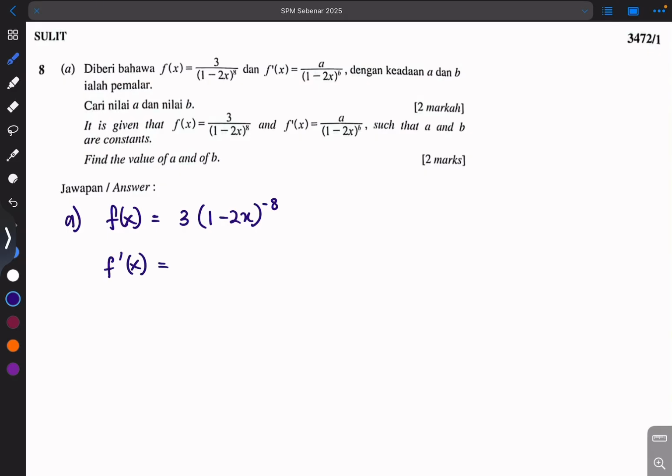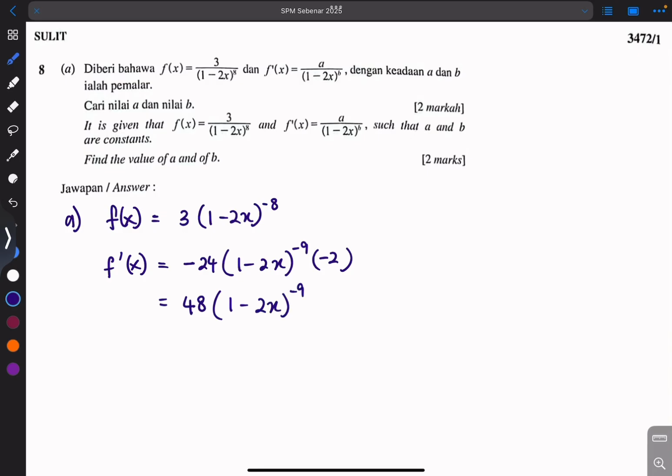So differentiate, the power must times in front here. So we'll get negative 24 times 1 minus 2x. After you multiply it in front, you minus this with 1. So negative 8 minus 1 is negative 9. Then don't forget, you have to multiply with the dy dx of inside this, the first derivative of the one in the bracket. So when you differentiate inside here, 1 will become 0. Negative 2x we differentiate will give us negative 2. Then this number and this number can times. So this will become 48,